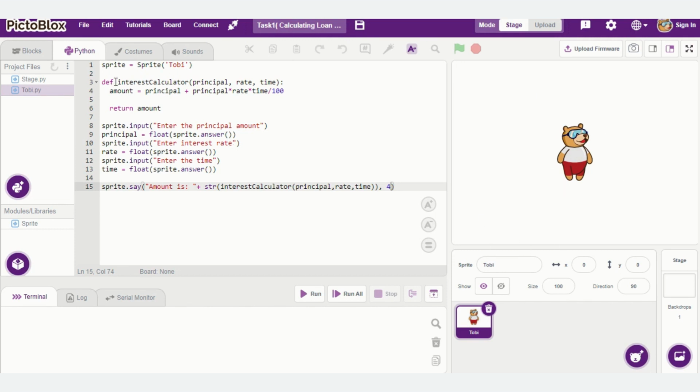Then we use the def as a built-in word in Python. So we call our function interest calculator. So we use def to identify functions in Python. We have arguments for the function. Here we can identify it, and then we put the